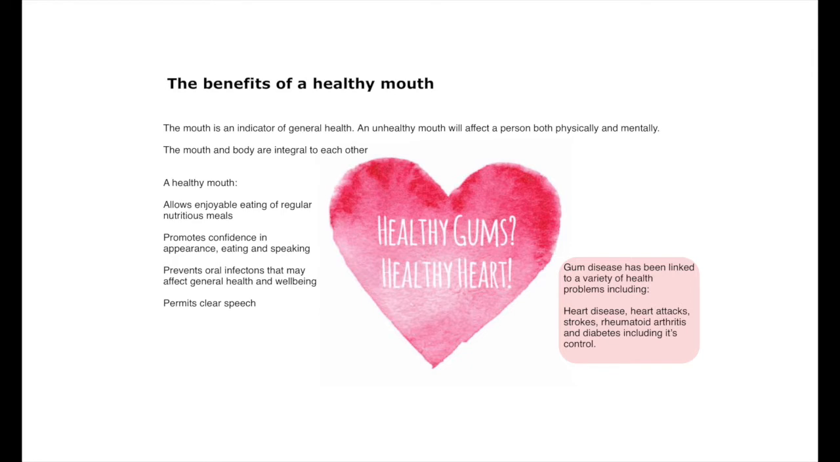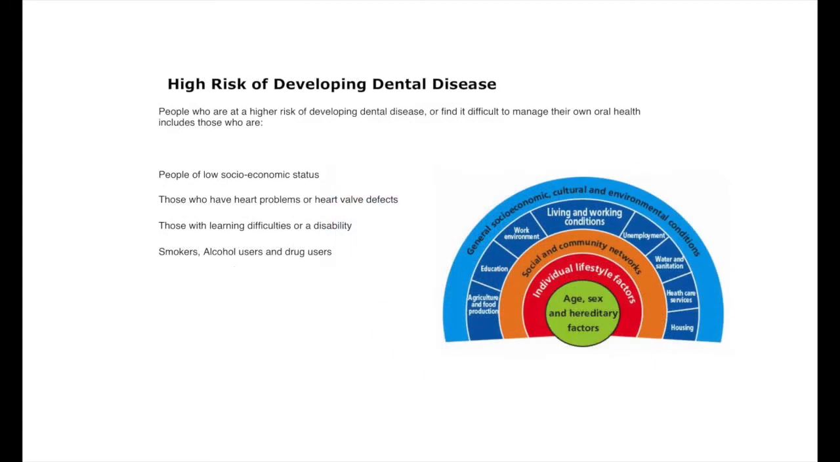People with gum disease are almost twice as likely to have coronary heart disease as those without gum disease. This clogging of the arteries can also lead to an increased risk of a stroke. Gum disease has also been linked to a variety of other health problems, such as rheumatoid arthritis, diabetes, and its control. Often, those at high risk of dental disease have certain lifestyle factors that can be indicators or contributing factors